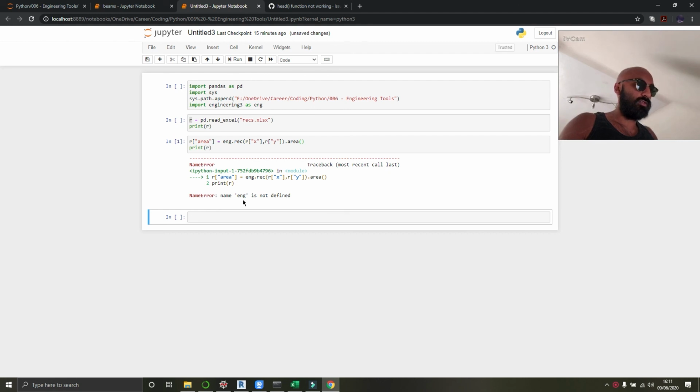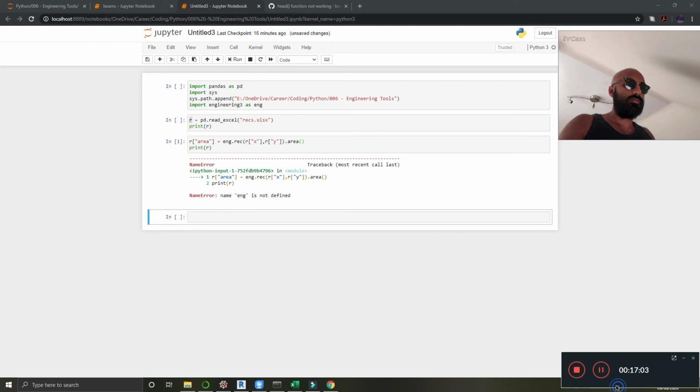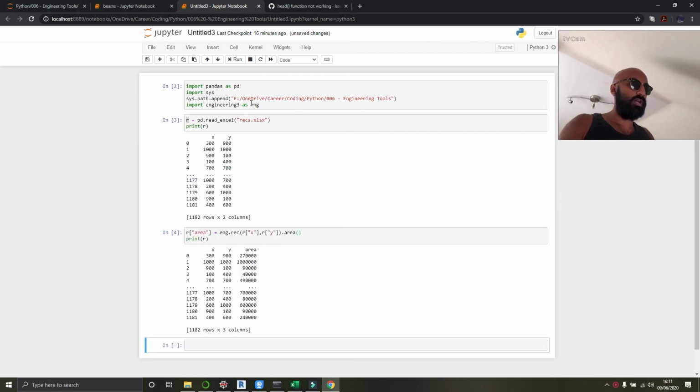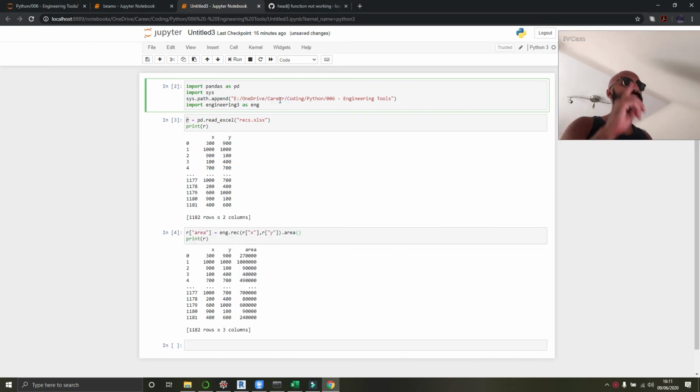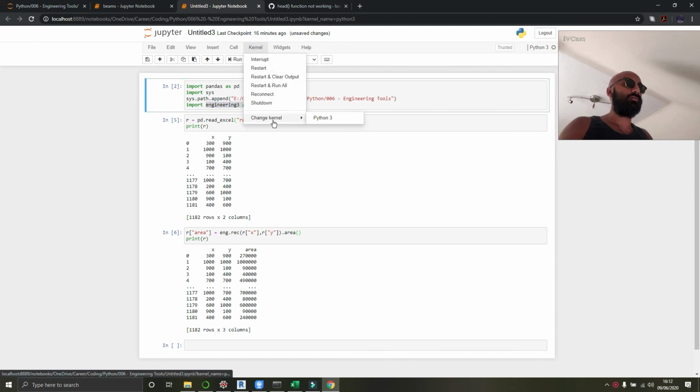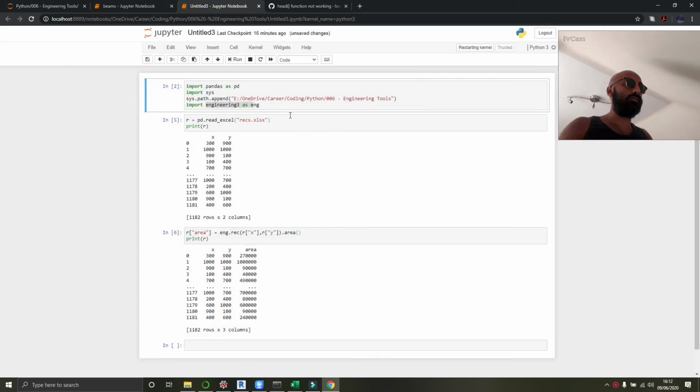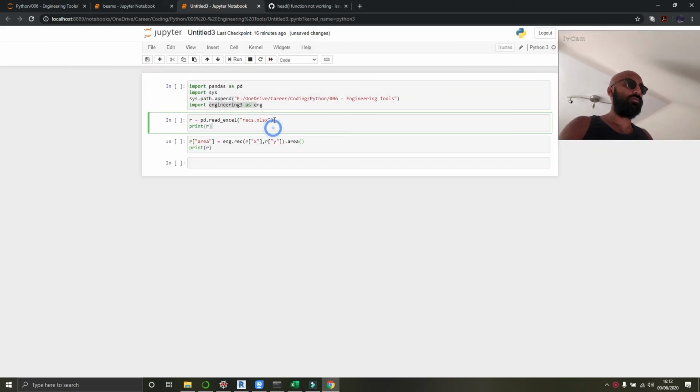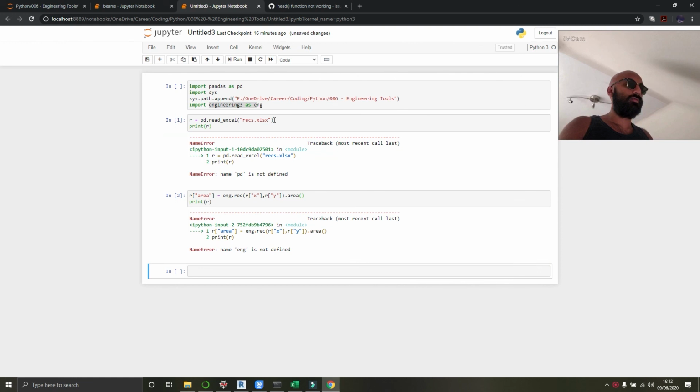Name eng is not defined. Hold on a minute. Okay, so I haven't changed anything. I don't really know why that happened. Oh, sorry. I just realized what happened. I didn't run this first cell again. I started here and I pressed shift and I went down and I hadn't reloaded this. So if I show you the kernel restart and clear output, and I start here, press shift and enter, you have problems. If I start up here,